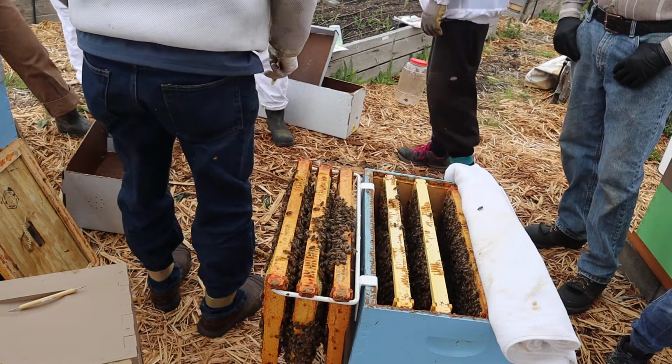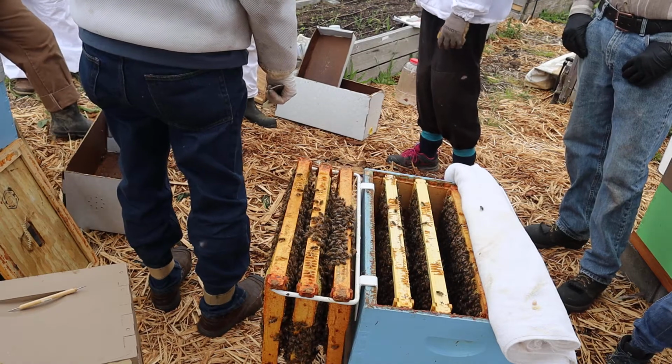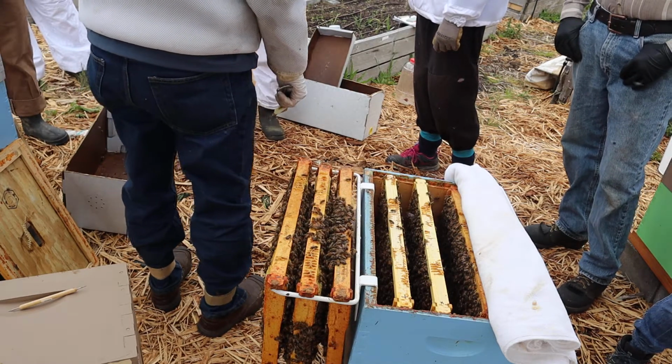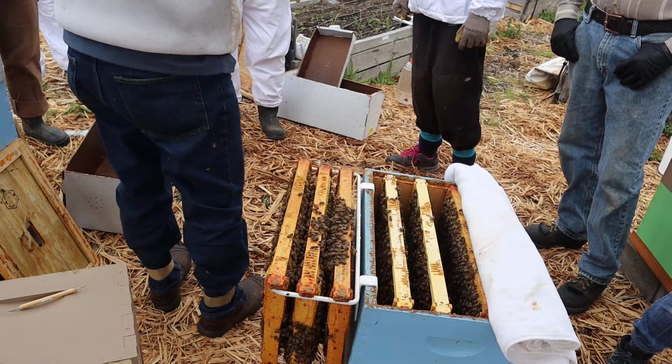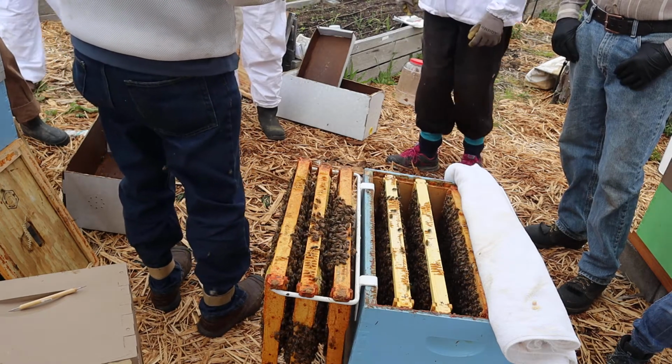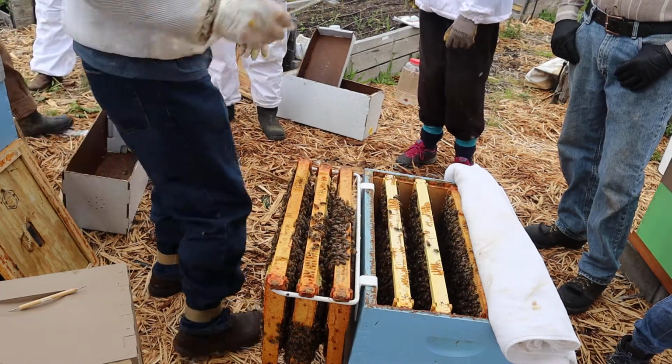Oh, look how much pollen that one has. Do you have any more seekers for honey collection? Yes. Okay, good, because that's what we're gonna open the brood nest up with, the frames out of this one that we pulled off the top. Which is a deep, yes, okay? Yep. And then we're gonna